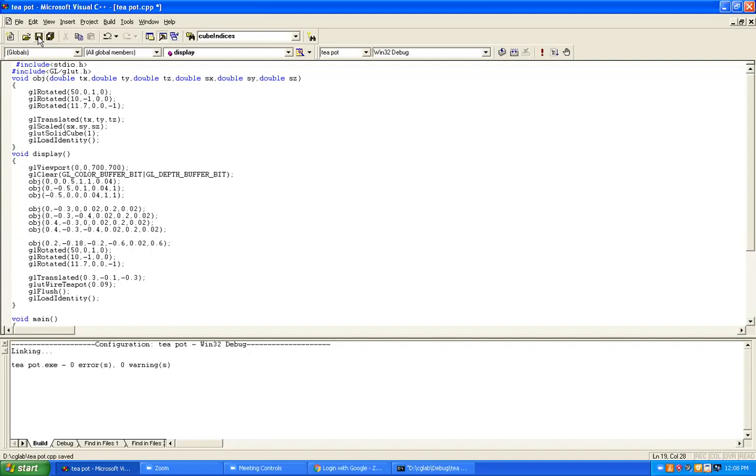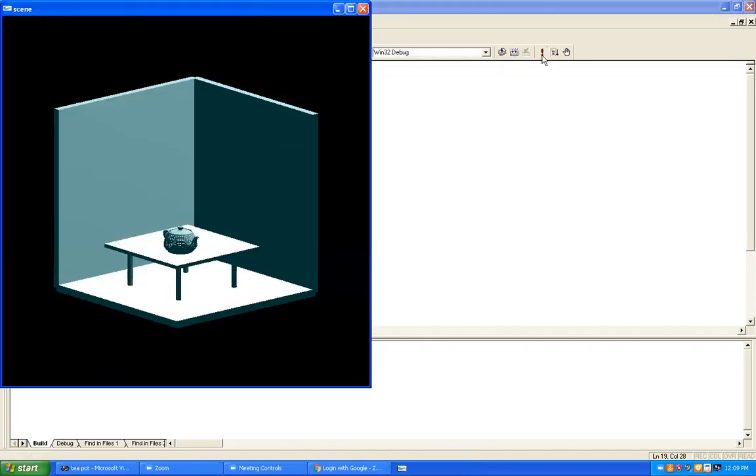So in the exam, it is your wish: you can execute either the solid teapot or the wire teapot. It is left to you, because the question has not specified which teapot to use. Okay, so this is how things go with respect to this program. Now let me share the screen and show you the output.